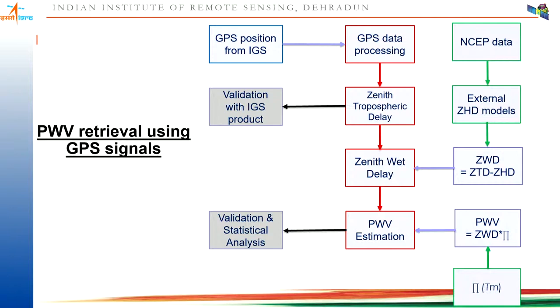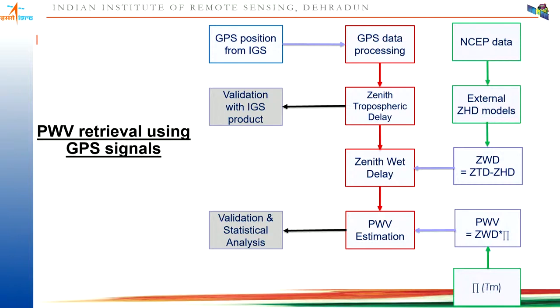Maybe the gridded data will be available, and you can take any reanalysis data, but it may not be possible to get it at the particular location. So when you have gridded data, you can interpolate at a particular point, maybe a vertical interpolation or a horizontal interpolation. You can interpolate at the location wherever the CORS receiver is, and then you can estimate